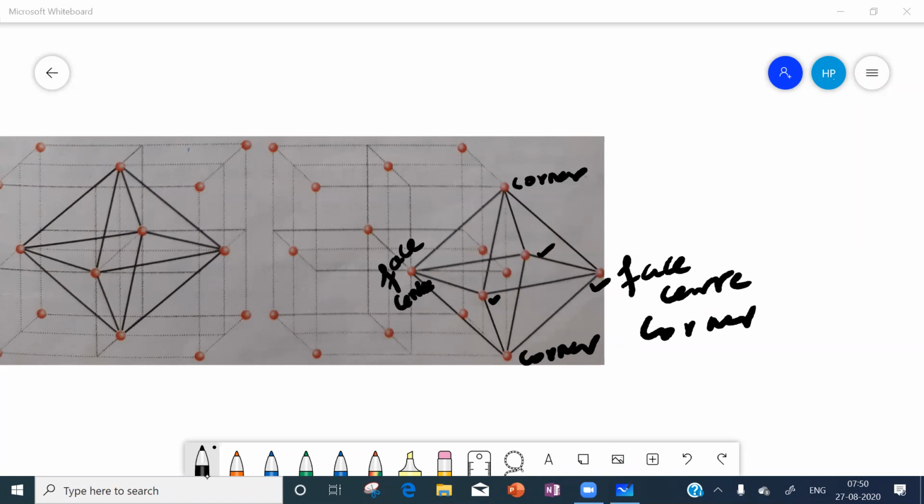On joining these, we are getting an octahedron. Then we can say it is the octahedron's center point. We can say it is an octahedral void.